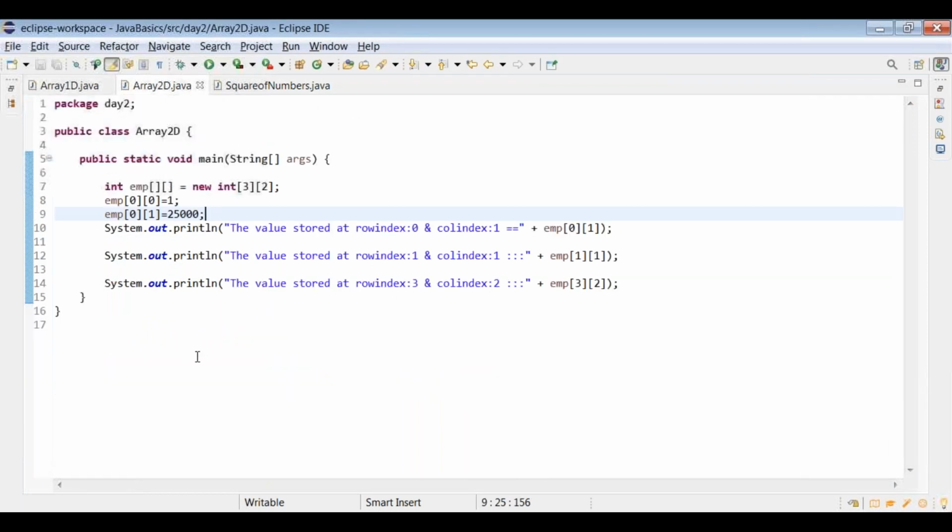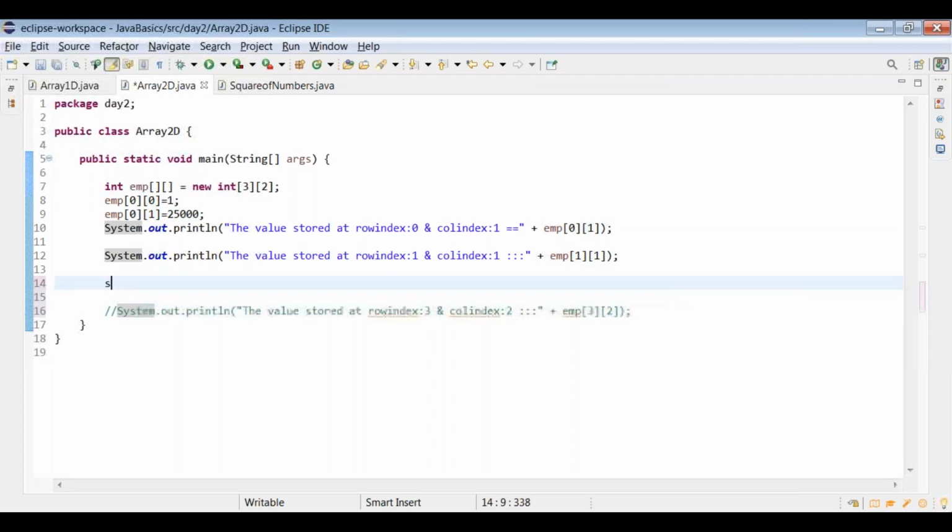The length of a two-dimensional array here, in this we are getting an exception. What is the two-dimensional array? If you see here, the row index and column index, if you multiply, whatever is the outcome is the length of the two-dimensional array.